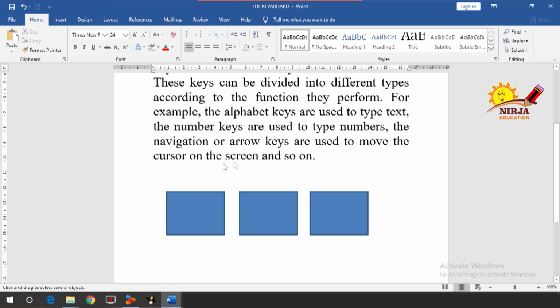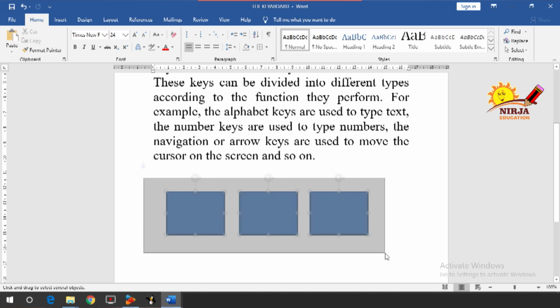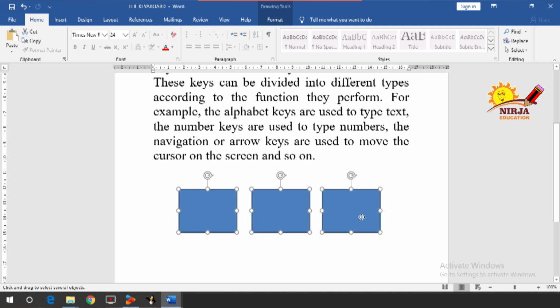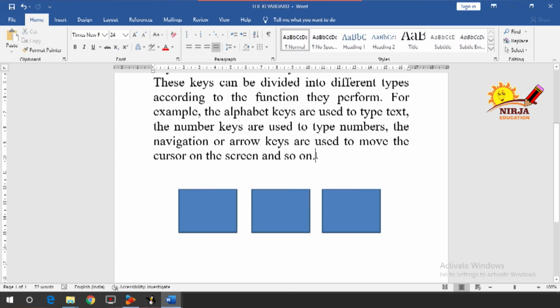So Select Objects, drag your mouse and select it, right? Once you select the object, you can move from here to there. But to undo this or to remove the selection option, you have to click on it again. Then only you will be able to place your cursor.